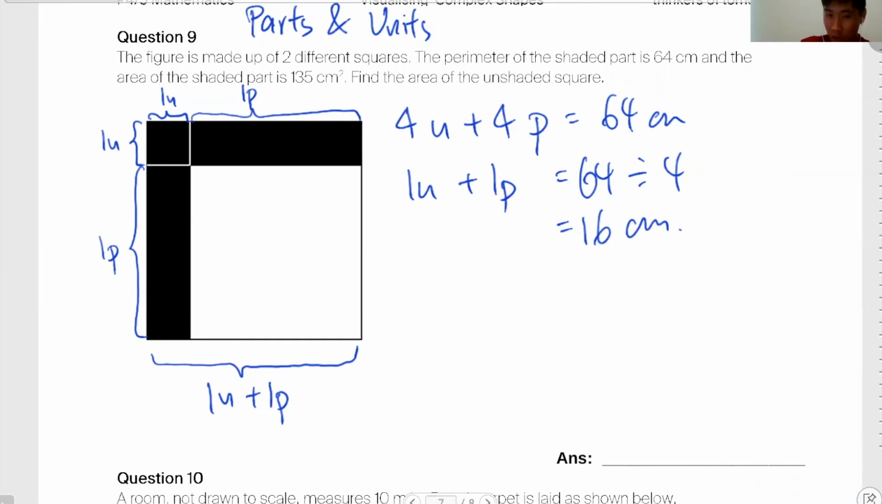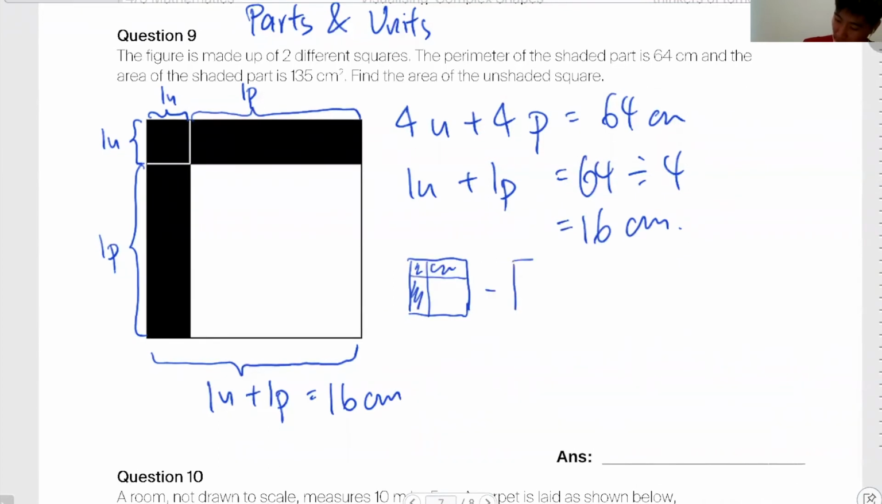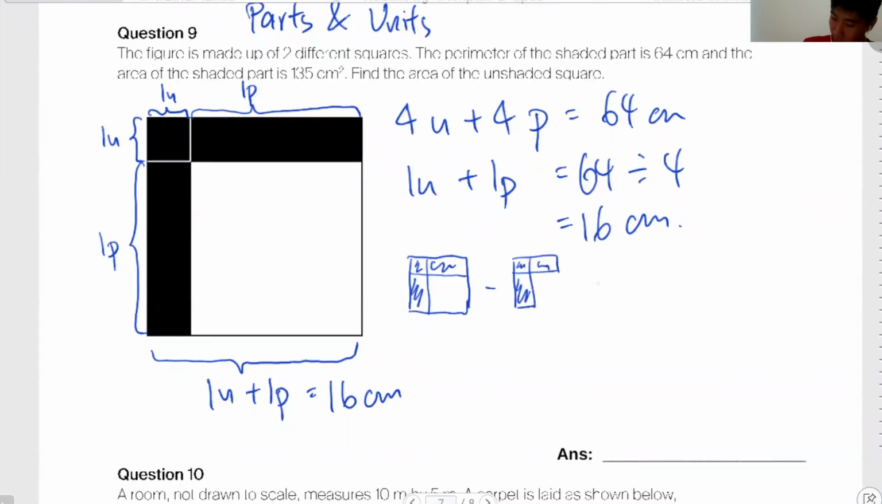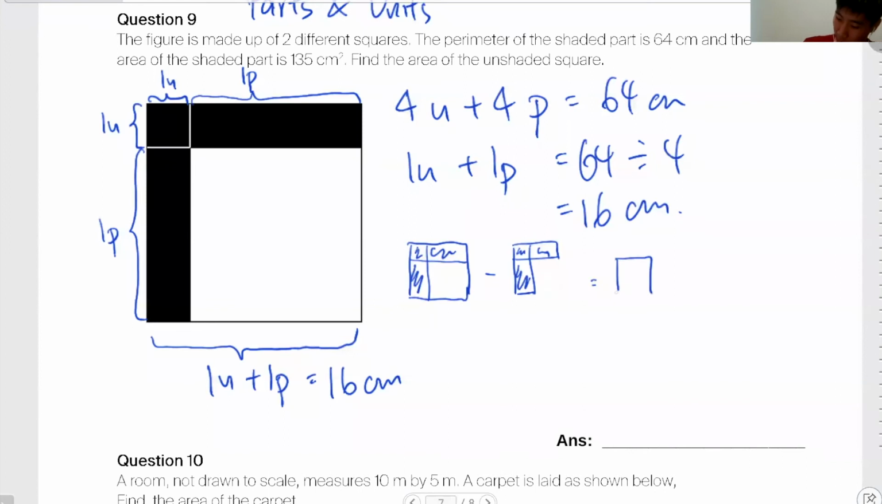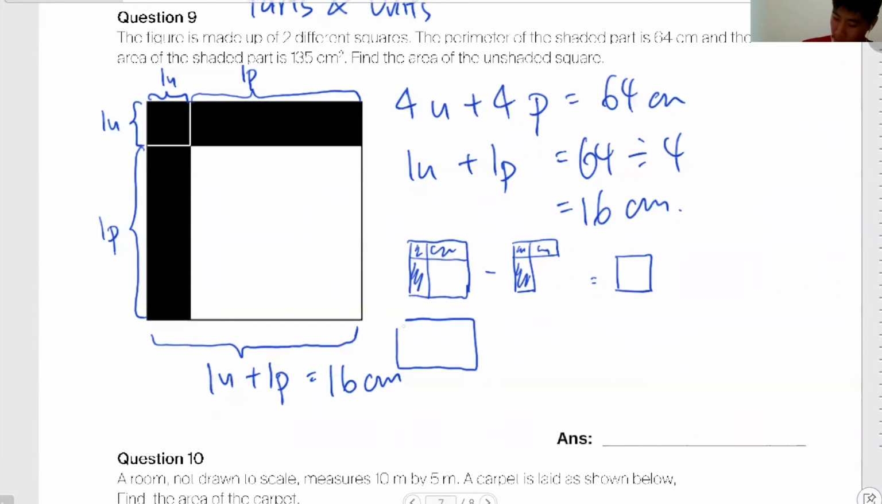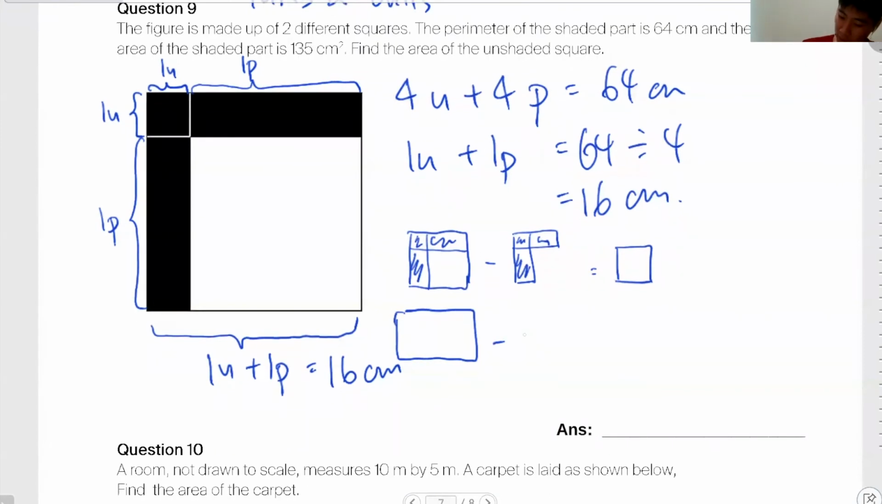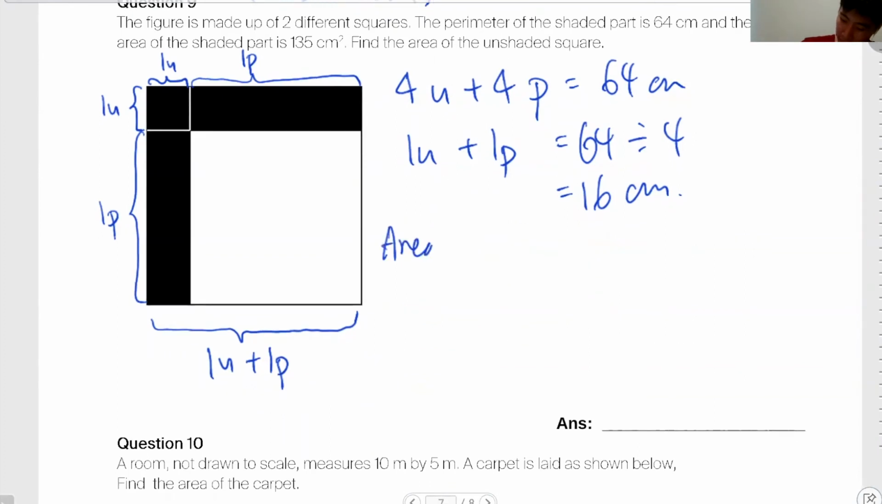Okay, so this is it. You know that 1u plus 1p is 16 cm. Just now I told you this is what you're supposed to do. You're supposed to take area of big square minus area of shaded, and you're going to get area of unshaded square. Okay, now how do I find this? Okay, area of shaded is already 135. Okay, and how do I find this? Area of